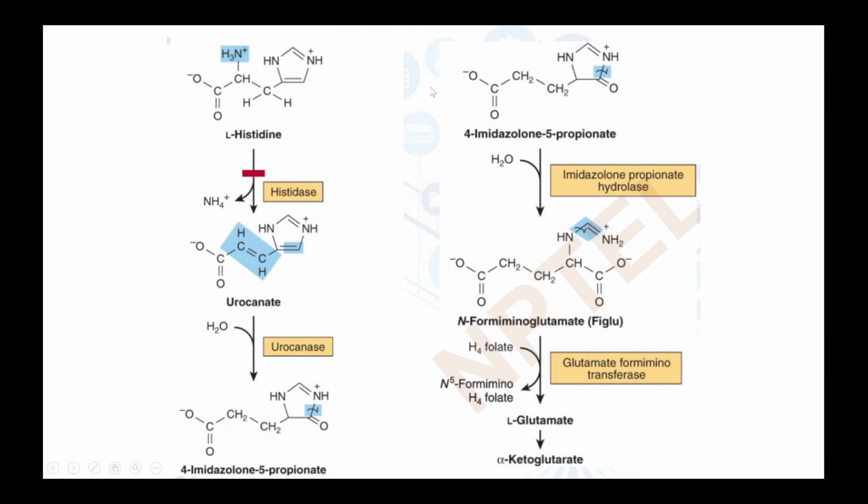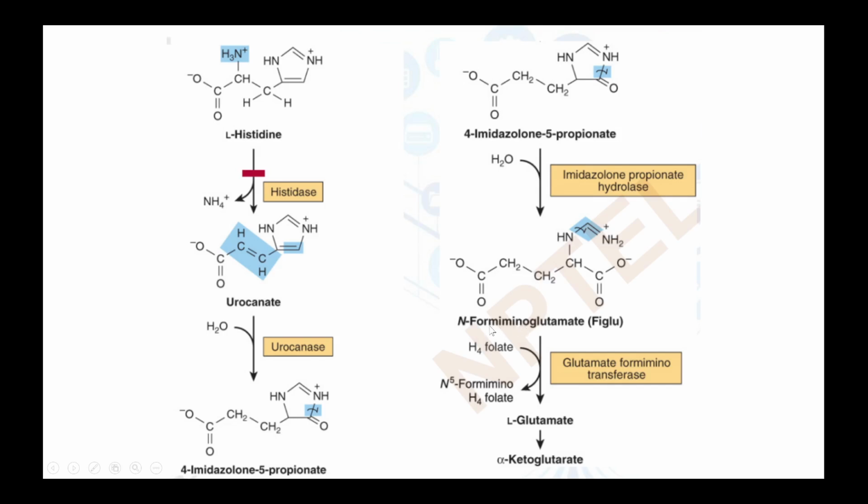Okay, this is the histidine catabolic pathway where histidine enters the glucogenic cycle through alpha ketoglutarate. So histidine gets converted into urocanate by histidase, but this is a deamination reaction. Then urocanate, by the enzyme urocanase, gets converted into 4-imidazolone 5-propionate. This 4-imidazolone 5-propionate then gets hydrolyzed by the enzyme imidazolone propionate hydrolase to form